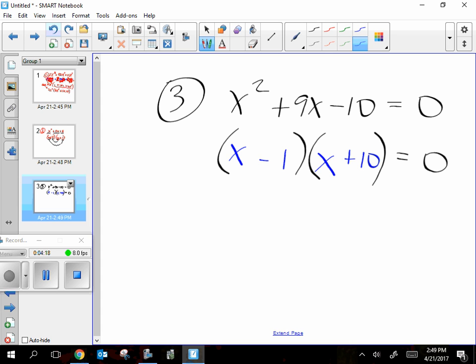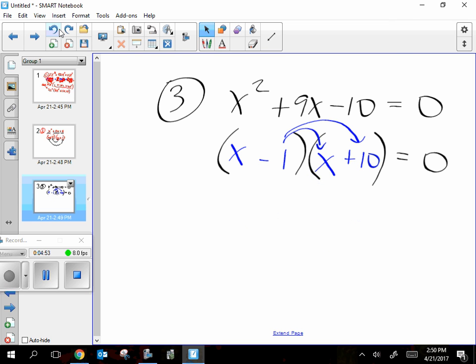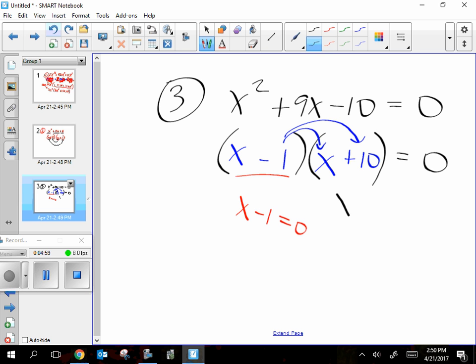And if you're not sure if you've got it right, just multiply it all out. You don't have to use the FOIL method. You can go this times this, negative 1x, this times this, negative 10, this times this, x squared, this times this, 10x. When I put it all together, x squared and the 10x and the negative x makes plus 9x minus 10, and that's what I had in the first place, right? All right, so then I know I factored it properly. Now that I've got it all factored, I can set this part equal to 0, x minus 1 equals 0. And I can set this part, x plus 10,